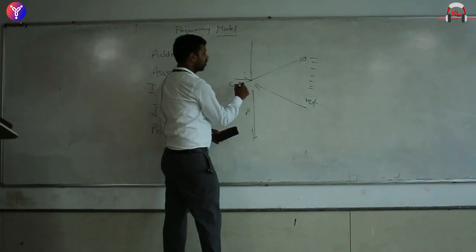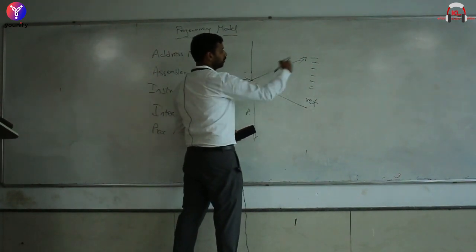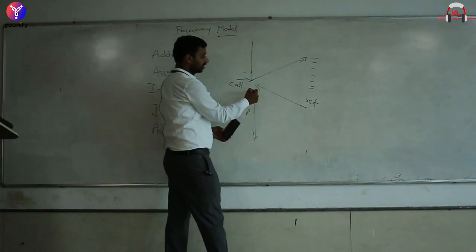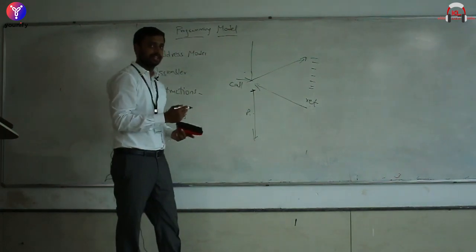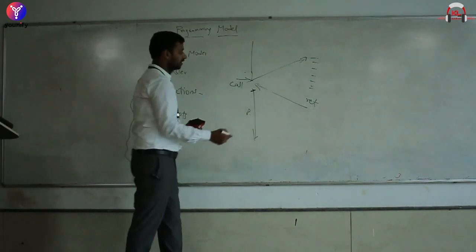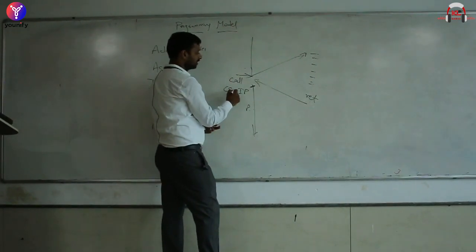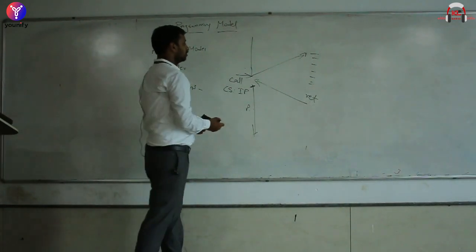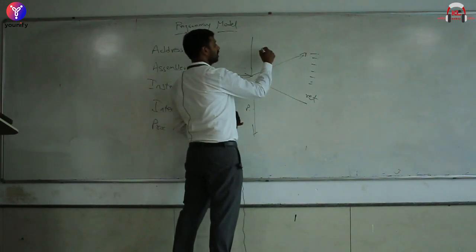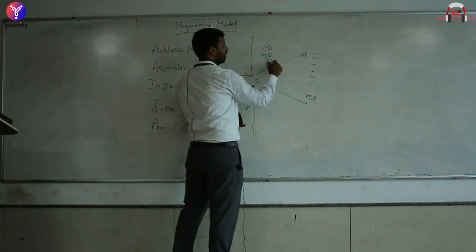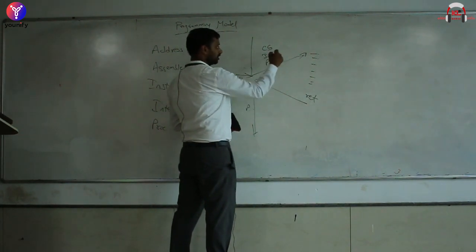Whenever you come back, you have to start executing from here. What points to the instruction to be executed next is your IP, the instruction pointer. The base address is your CS. So whenever I am leaving my location, I'll push my CS, IP and flags onto the stack,